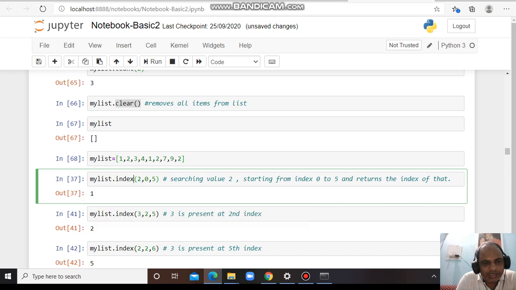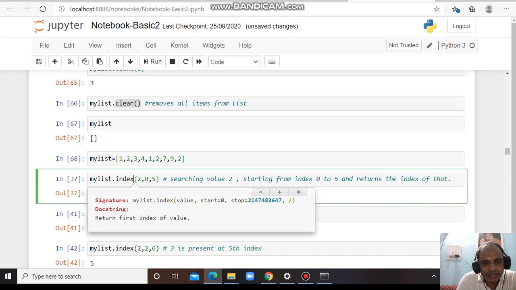You can use the shift and tab button to see what the index function is, the syntax. This is the value, this is the start position, it will start from here. The first parameter is the value, which value it will search. Dot index will search the value, from where it will search, from which index. This is the starting index, and till